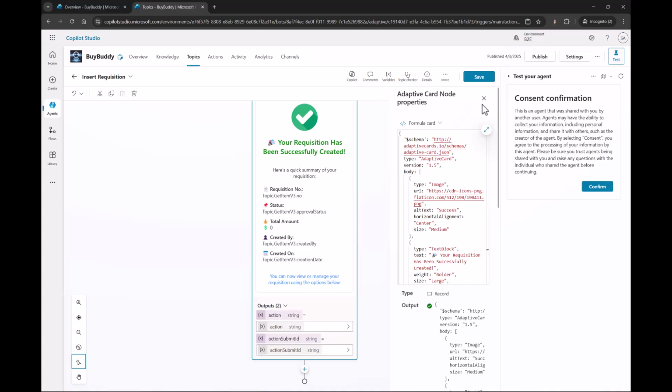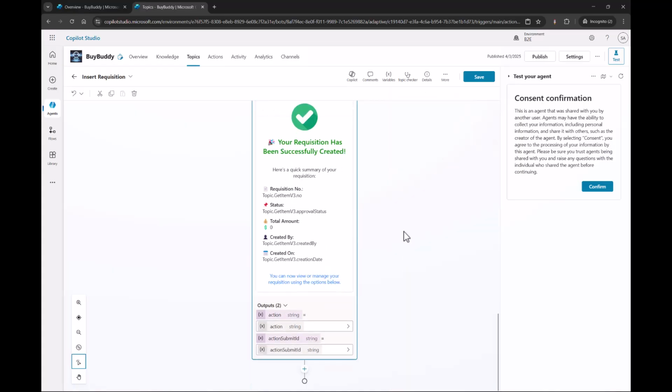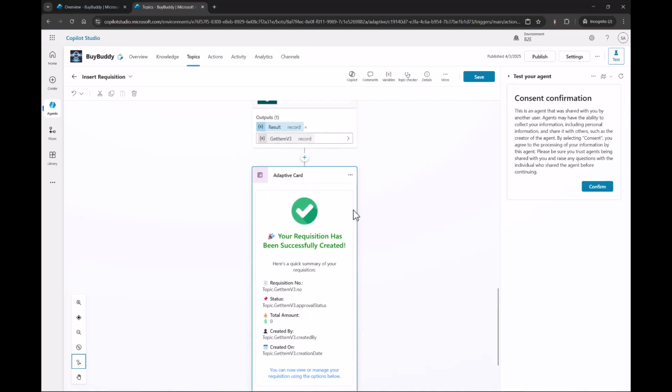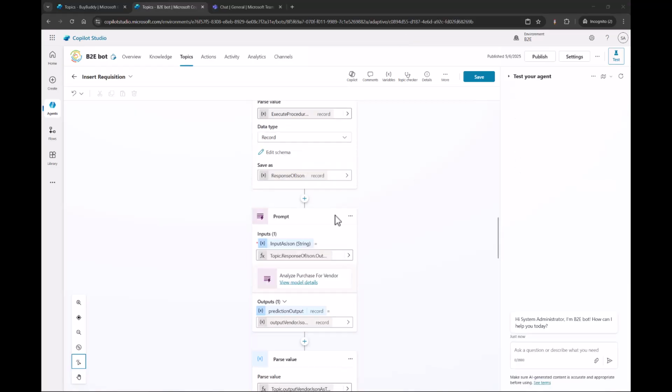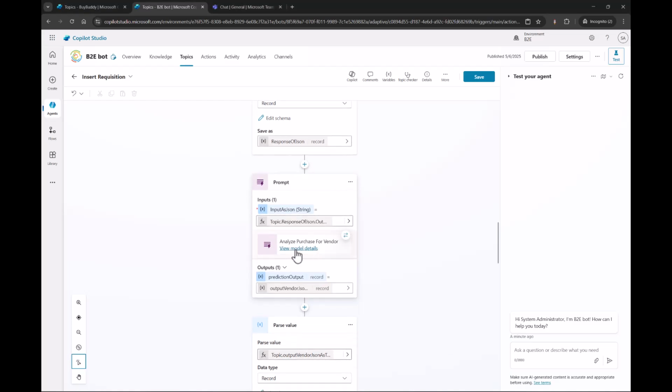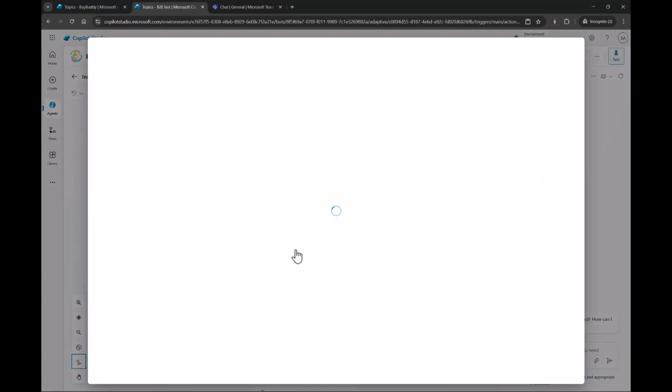And after it has been successfully created, this is going to be just sent to the approval process, and then somebody will have to approve it. And now, this is the most important part where we are deciding how we want to analyze the vendors. So before sending the final confirmation message, what we want to do is again prompt it, but now a little bit different. We want to just do exactly the same prompt with the AI builder, but now to push the